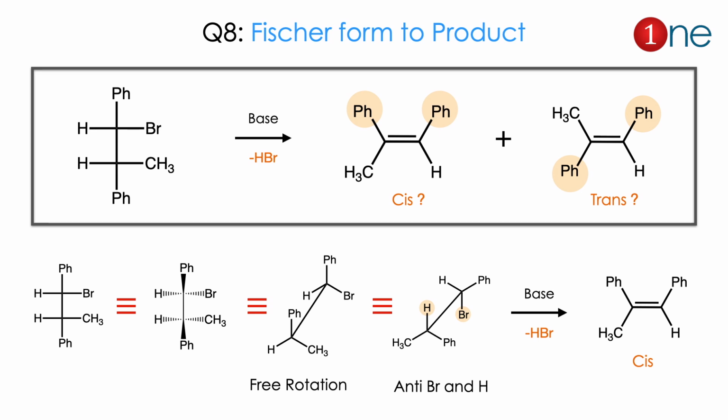So we will convert it exactly into Sawhorse form. Here you can see very clearly. It is a single bond, it can rotate freely. So we have to rotate in such a way that H and Br are anti-periplanar to each other. Once we get H and Br anti-periplanar, we get the product by leaving HBr. Since the phenyls are on the same side, we have the cis product. So to identify this kind of reaction, you have to write the mechanism in terms of stereochemistry. So the eclipsed form, you convert it into the anti form to get the cis product.